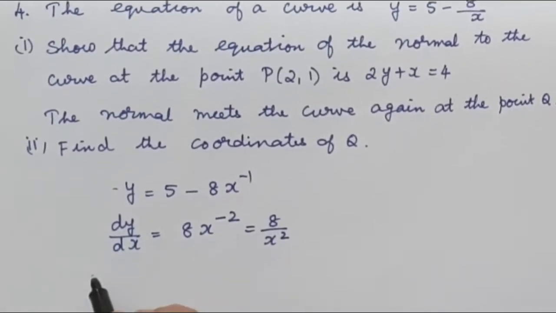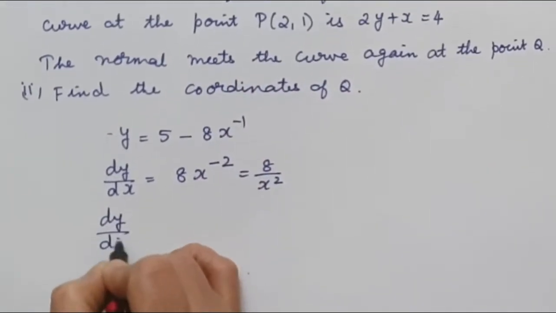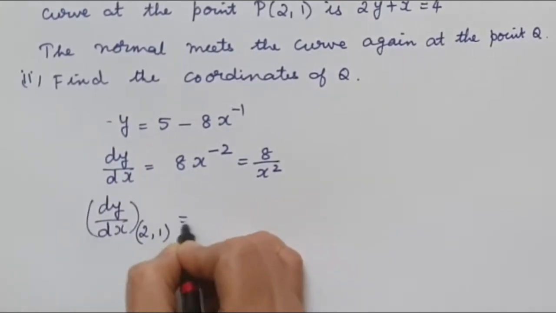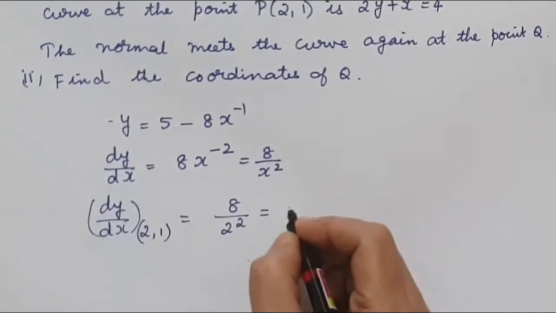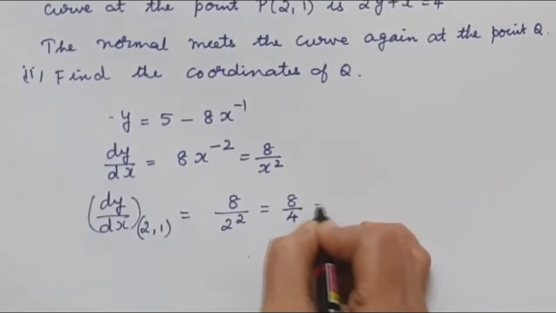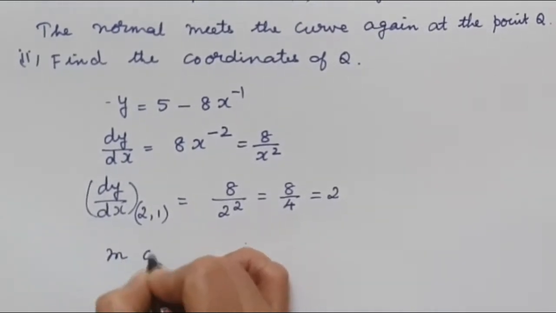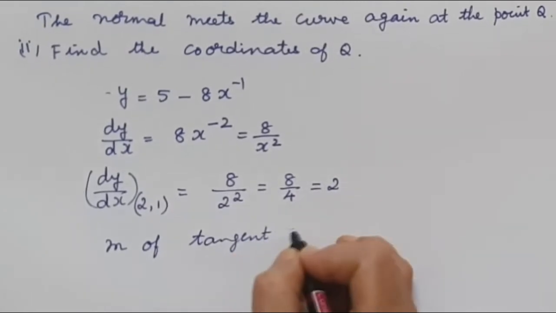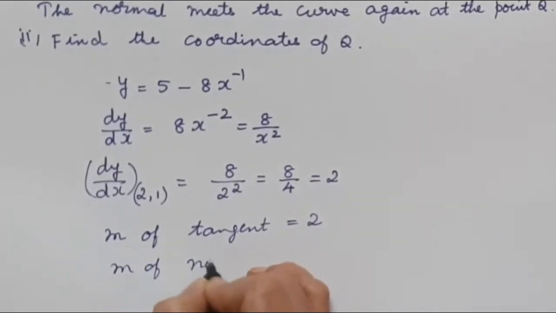And now dy by dx at the point (2, 1). When you find it, it will be equal to 8 over 2 squared, so it will be equal to 8 over 4. So it is equal to 2. This is the gradient of the tangent, m of tangent equal to 2. So the gradient of the normal